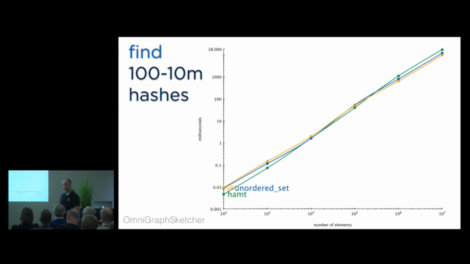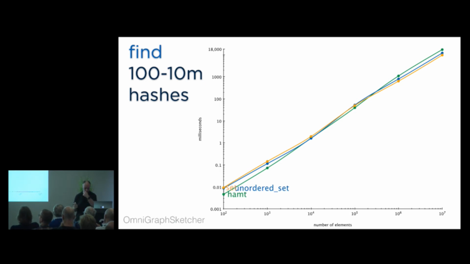But what we could do is detect whether the type supports strict weak ordering, and then use that to do a binary search at the end. I haven't tried that yet, but I have a feeling that that will bring us down to probably beating out standard set at the top there as well. But in any case, I'm reasonably happy with that. In terms of trade-offs, I think we're doing okay. So that's the performance. As I say, I'll leave it to you to decide whether we're meeting that claim, because there are a couple of asterisks.